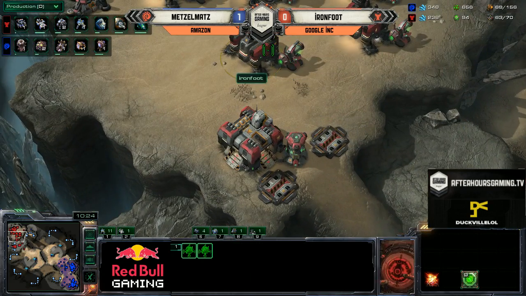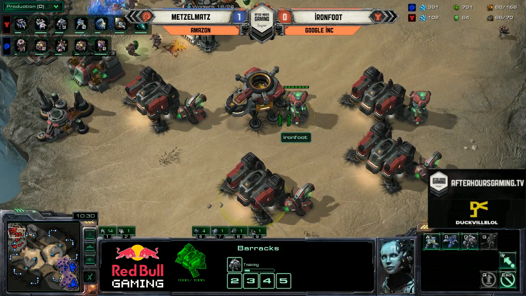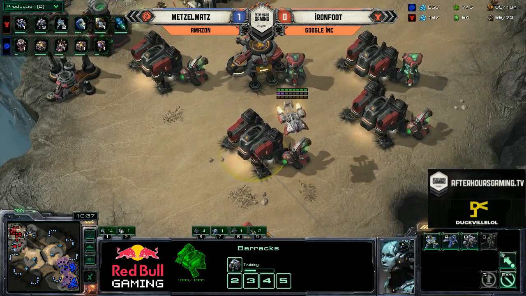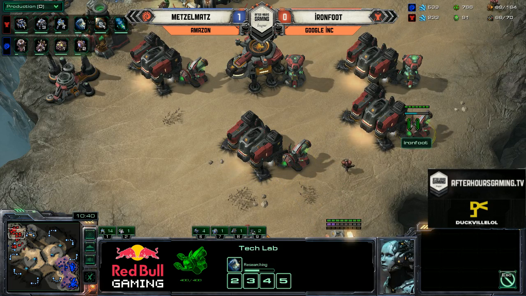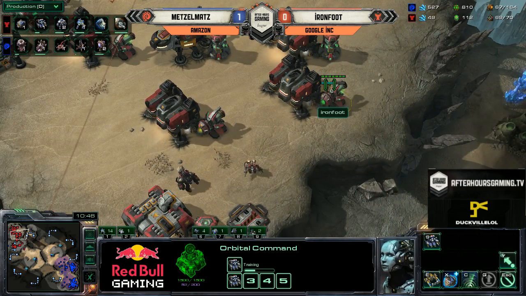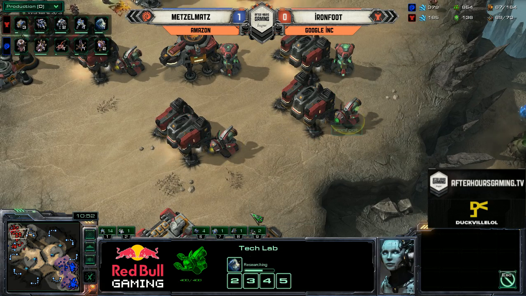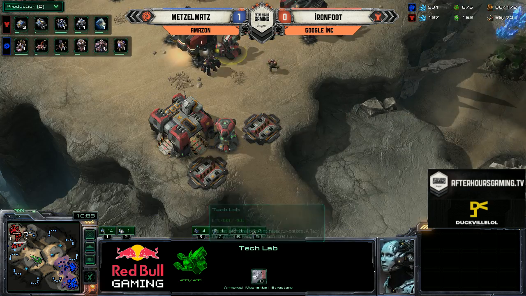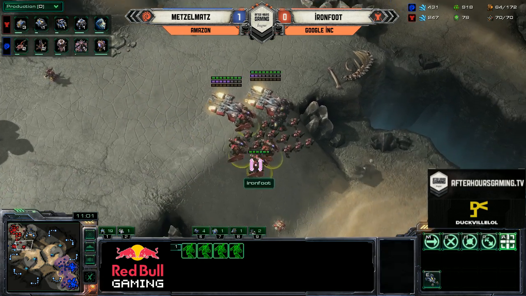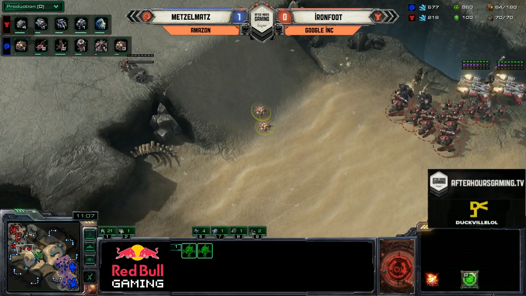It looks like Ironfoot has got his tech just about done. The armory, of course, is already done. Concussive Shells is on the way. A medevac or 2 is going to come out, and then I think he's going to push around the 11-minute mark. This is very similar to that kind of push that you see with +1 weapons in TVP, where you have a couple of medevacs out and you go out with a Marine Marauder force, but this is going to consist of Combat Shield Marines with Stim, Marauders with Concussive Shell and Stim, not to mention the 4 Hellbats that are already out. And if you can perhaps add in some of these Widow Mines as well,